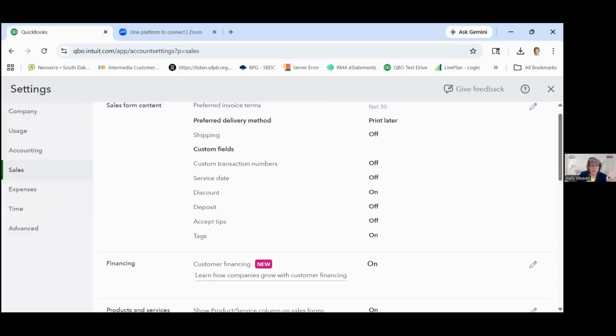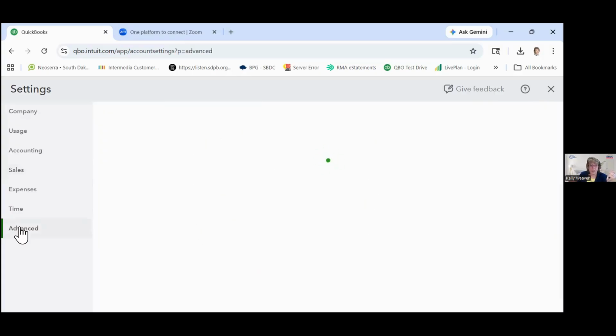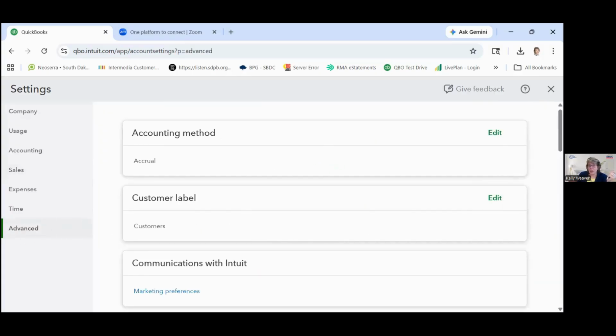Another section to look at under the advanced, there's things like, do I want to use account numbers? The accounting method is always defaulted to accrual, which I would highly suggest stay the same unless you're directed by your accountant. Otherwise, the two options are cash or accrual. Within QuickBooks, you can always run reports either way, no matter what your accounting method is. So that's kind of nice. So you can operate it on an accrual basis, but if you need a report printed on a cash basis, you can do that without changing your accounting method.